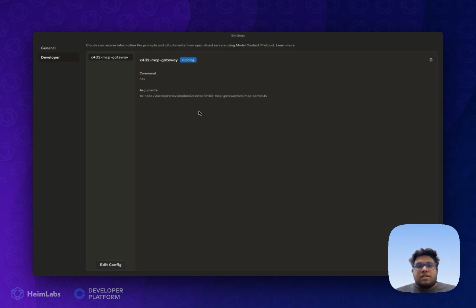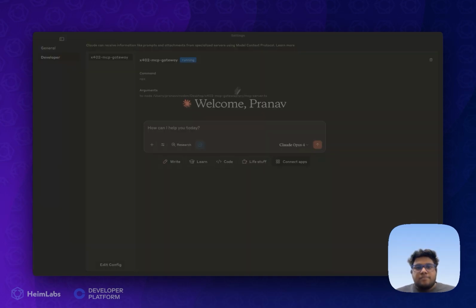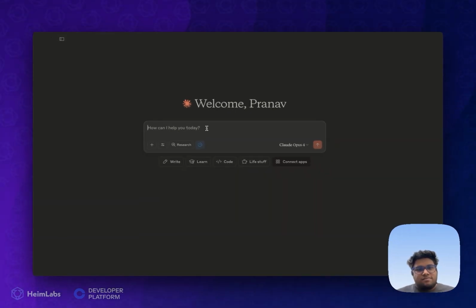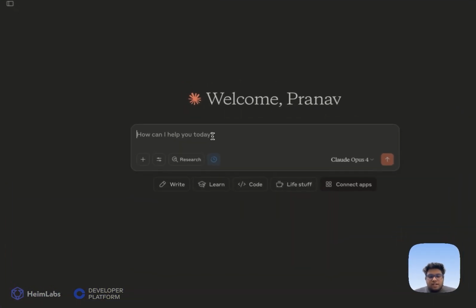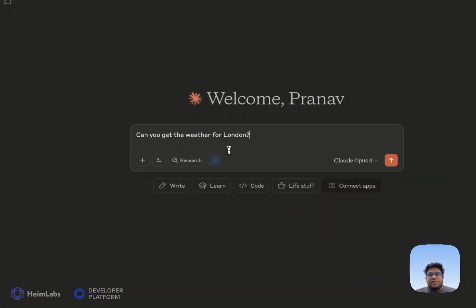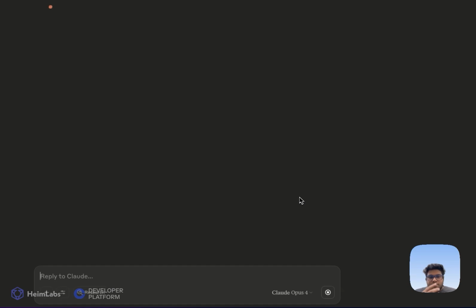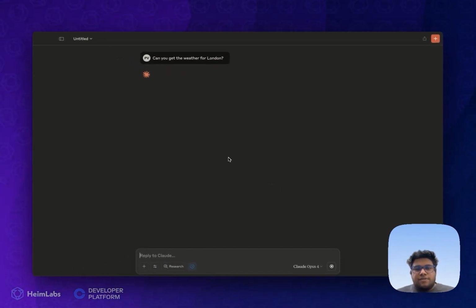Now we can use this MCP server and test it out with various prompts and see if it works or not. So now let's live test this MCP server integration and see how it works. I have my first prompt over here. We will first check our dummy weather API and see if it works properly or not. So I'll just click enter. Let's see if the LLM is able to access our MCP server.